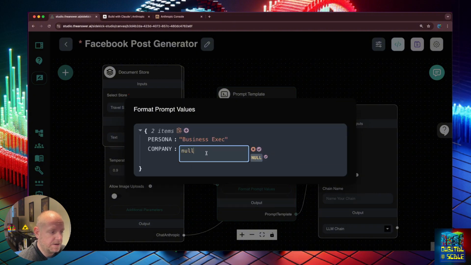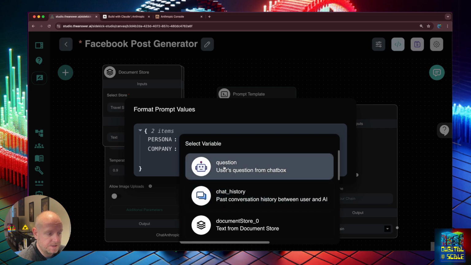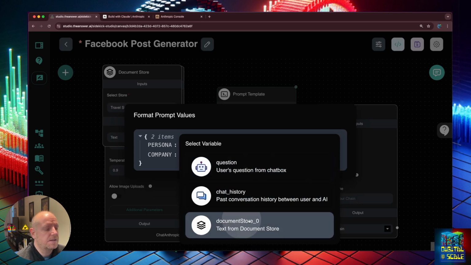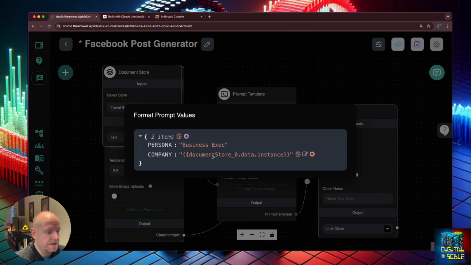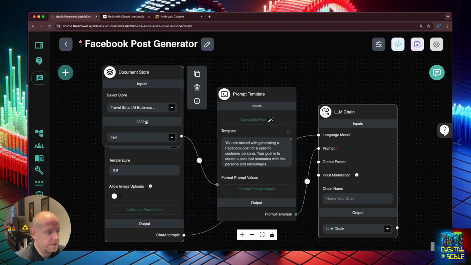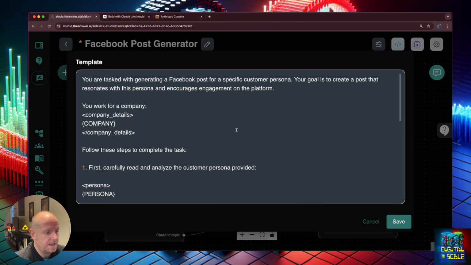And now when I click on here, I'm given three options. So you're always given the option of the question. This is what's entered into the chatbot or delivered via the API through the question variable, which we haven't got into yet, but it's just what the person puts in the chatbot or is passed in from another tool. And then you just choose document store here. And what this is going to do is essentially like me just copying and pasting that